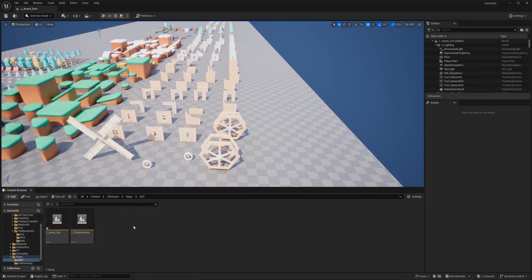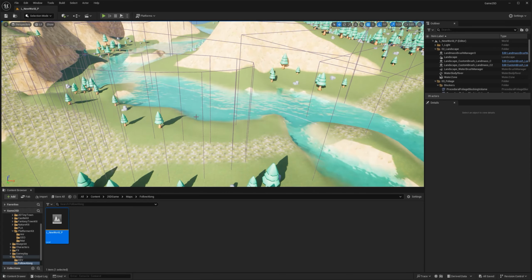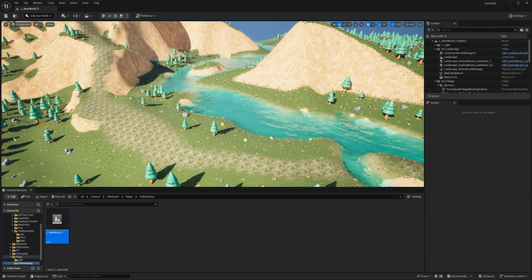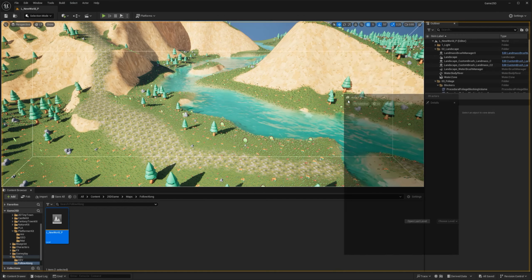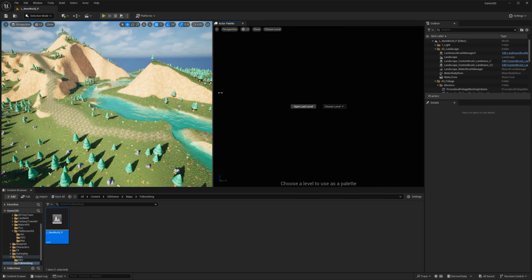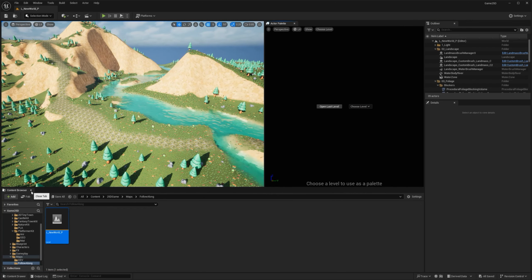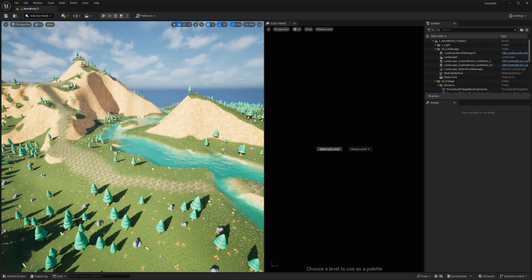Because if I open another level, this level is gonna be closed, right? So if I go to follow along new world P, that level is completely closed, right? Well, here's the trick. If you go to Tools, Actor Palette, Palette 1, and you can even, if you want, dock it into your viewport like this. You can even close down the content browser because we don't need to use it.